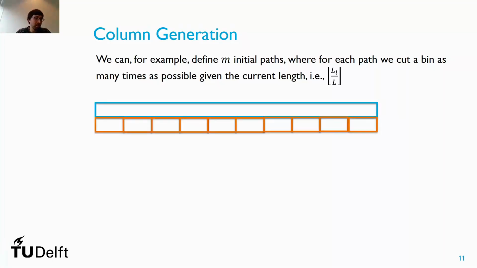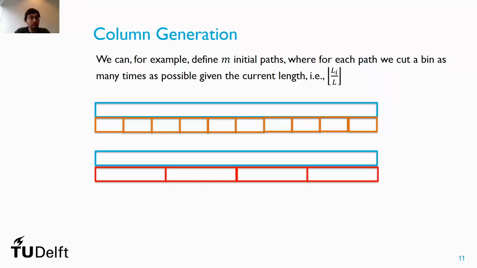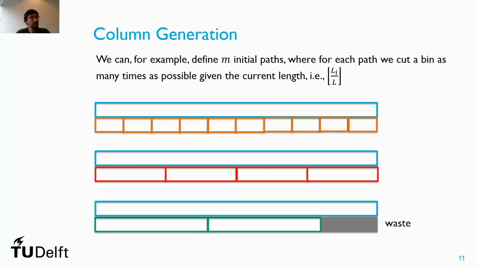Say we have an item of length 2, as we discussed. We have an original paper roll with a length of 20. A pattern could be, I can actually cut 10 times this item here. If we consider our second item, so length 5, again 20 is a multiple of 5, so we can have a pattern with 4 replicas pretty much. But if we consider our item with a length of 8, we can cut 2 pieces, but then there will be waste. Actually, with this example it wouldn't really be a problem because we only need 2 pieces of this size, but maybe, and this is where the next slide comes into play, that waste could become something which is